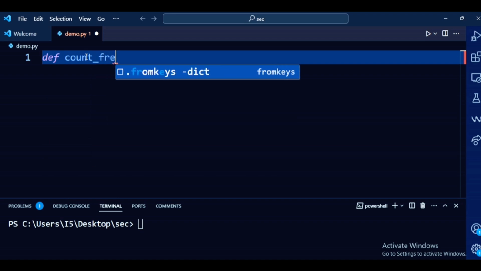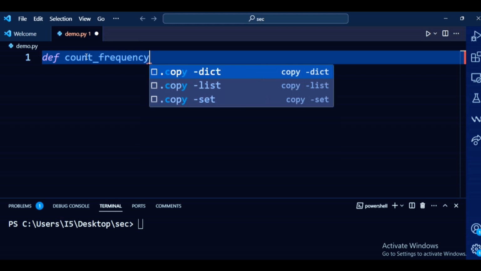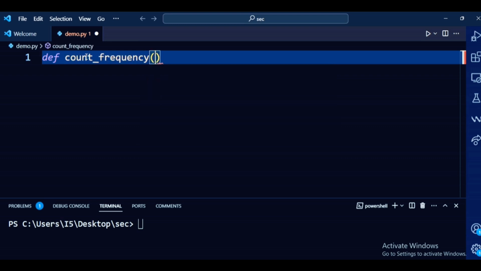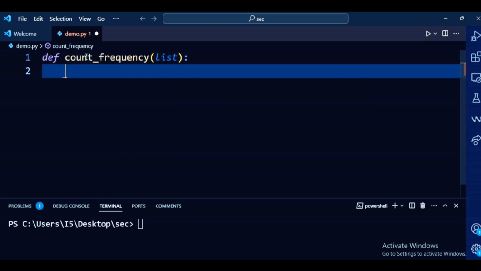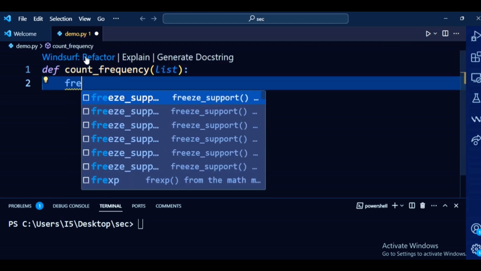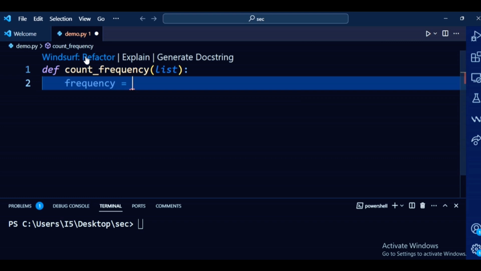function name, which is count_frequency. Then I have to take the input as a list, which is the parameter. Now I have to take an empty dictionary with the name frequency. Frequency equals an empty dictionary. I have to declare an empty dictionary here, and